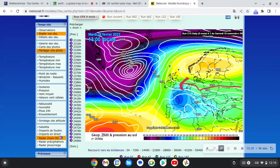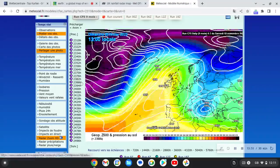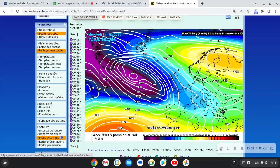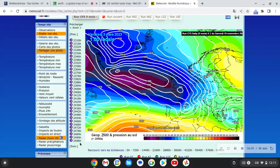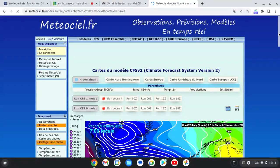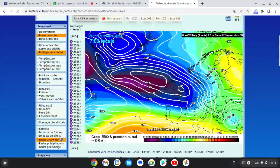And low pressure to the south of us, bringing lots of snow up into the country. That'll be a very good pattern. Very long way. It probably won't verify. Probably won't happen. I just see the Atlantic winds, but we carry on bringing in the easterlies. And there is low pressure right just in the UK. You can see a little pool of low pressure just there. So the centre of the low pressure over the UK,